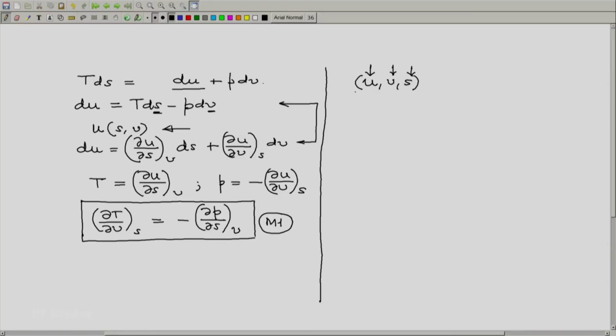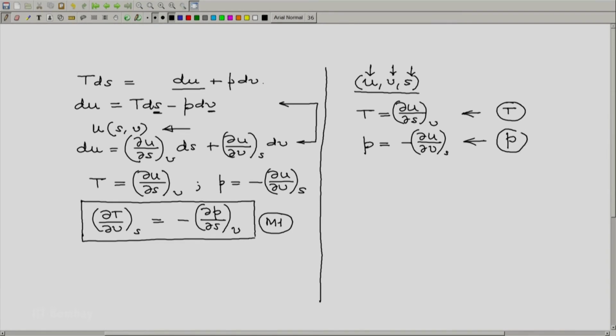And then if you consider this to be the property triad, then naturally you can consider u to be a function of S and V, and in that case these two relations, T equals partial of u with respect to S at constant V, is the defining relation for temperature in this case in terms of u, S and V. And the second relation, P equals minus partial of u with respect to V at constant S, now becomes the defining relationship for pressure. Let us generalize this a bit further.